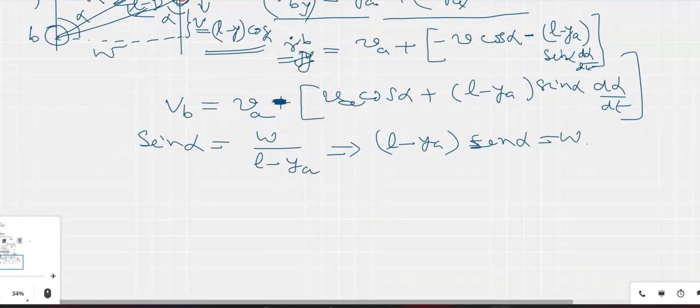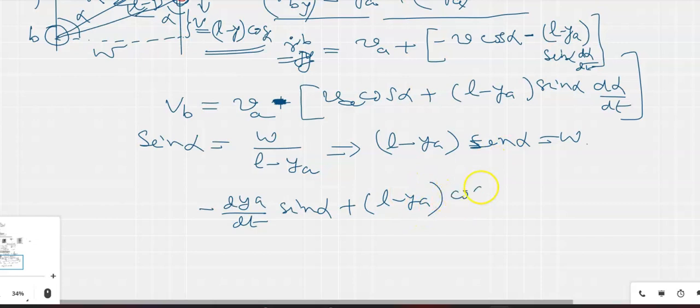So what we try to do is differentiate both sides. The first term gives us minus dya by dt into sin alpha, that is the differentiation of this into this. Then we will have plus L minus ya